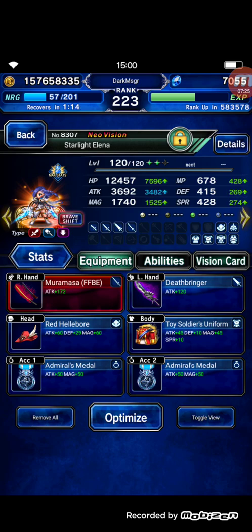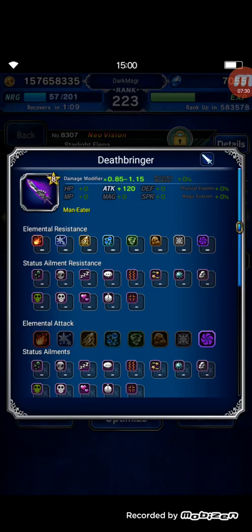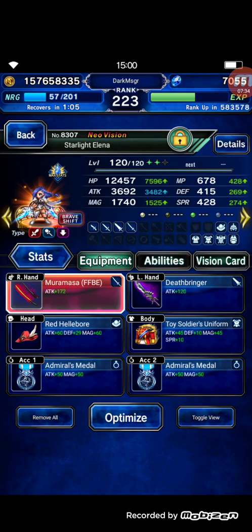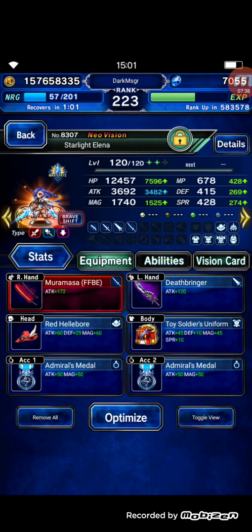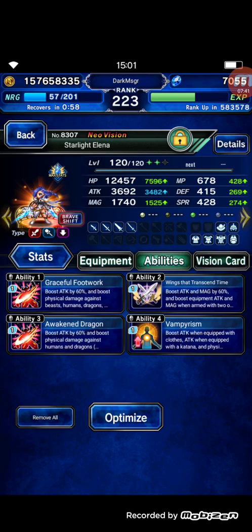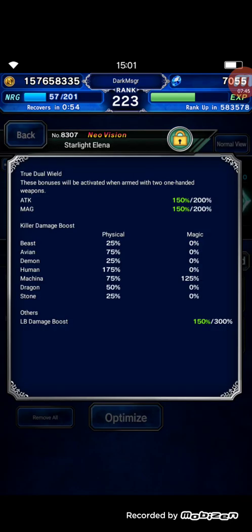So for Starlight Elena here, with this Deathbringer, she will have a Man Eater on this Deathbringer, and Muramasa also 50% of human killer. The others are not important. So for my Starlight Elena here,